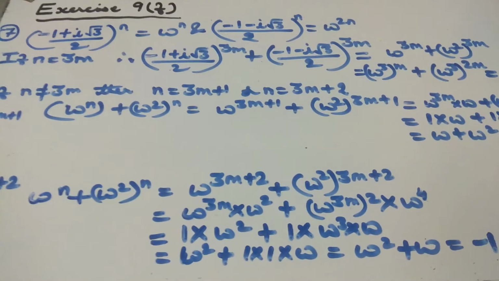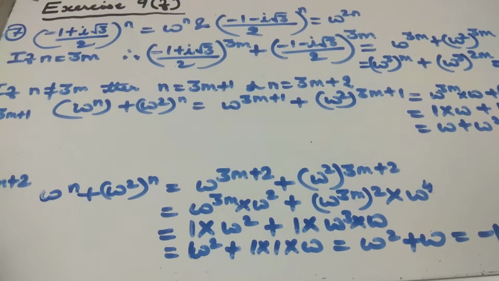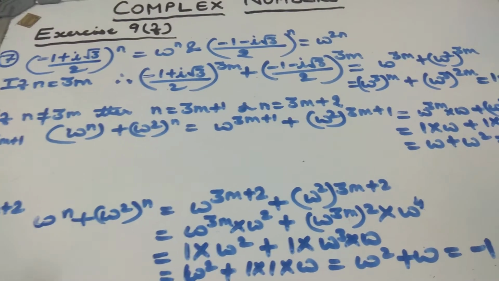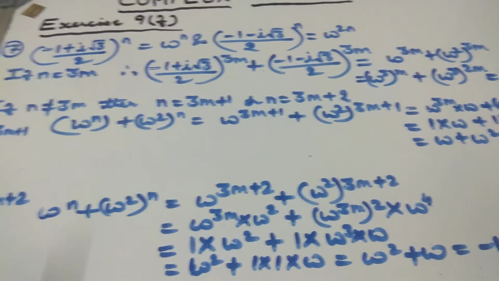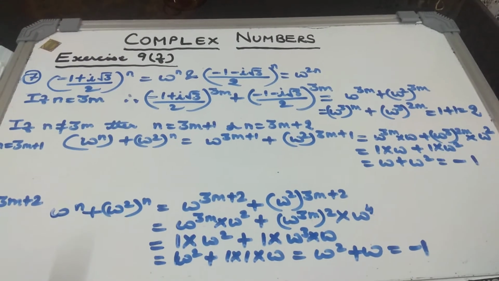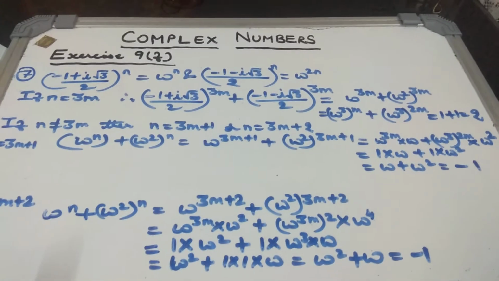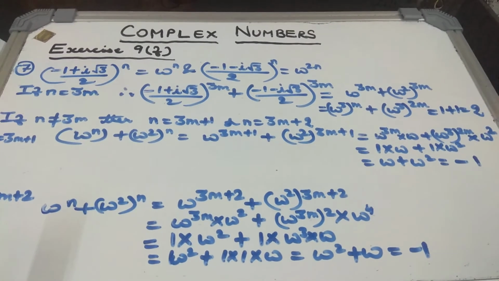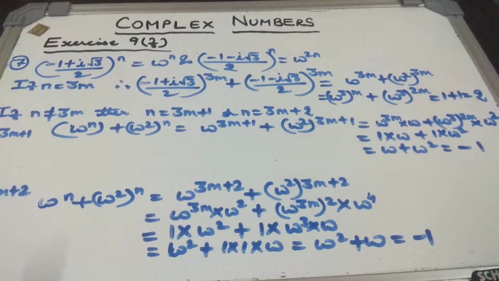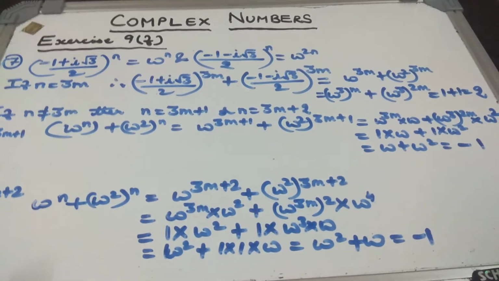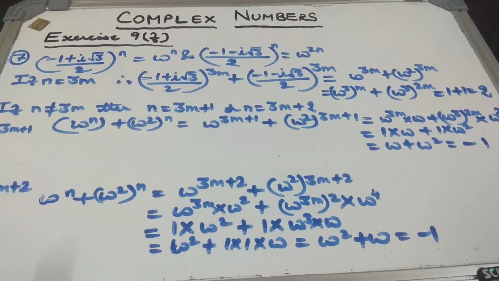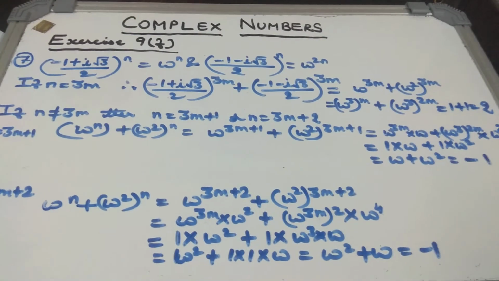Hence we can do the question like this, and many more questions of this type could be solved like this, where you have to replace it by ω and ω². So children, please pay attention to all the steps. Try to understand and do it on your own. Don't copy the solution from here. It is for explanation. You try to understand the technical aspect and the conceptual aspect of the question, and then go on to doing the questions of this type yourself. I hope you follow all the instructions given to you.